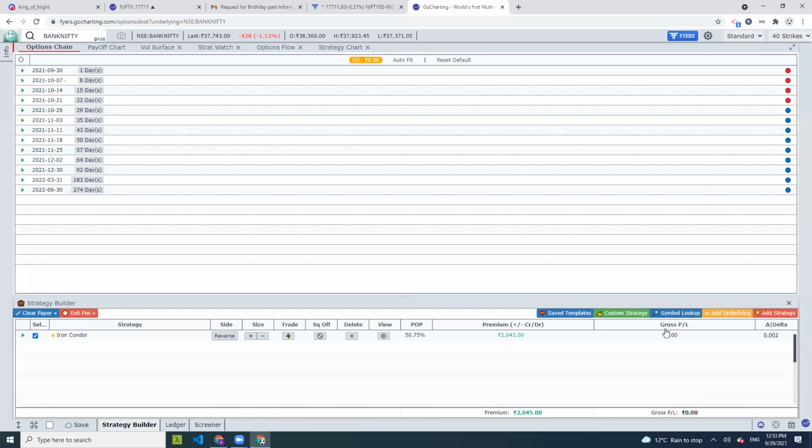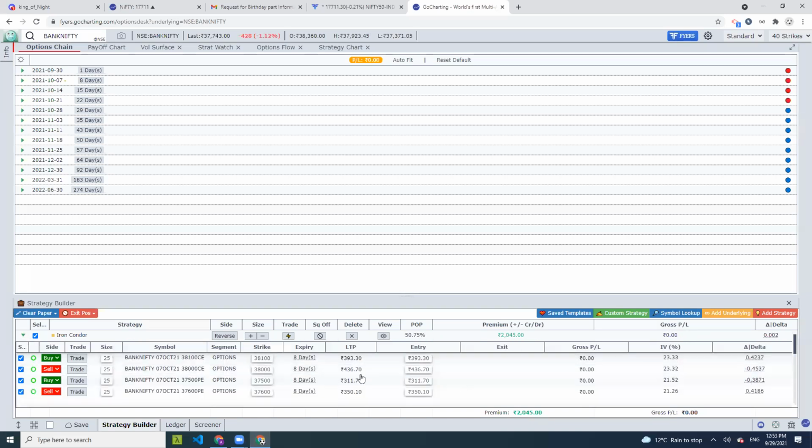This is the first time in India that some platform is going to give you such kind of real time calculations on the web and mobile. And at the bottom you will see the cumulative premium across all your strategies, and the cumulative PNL of all your strategies. So that's how the strategy panel works.